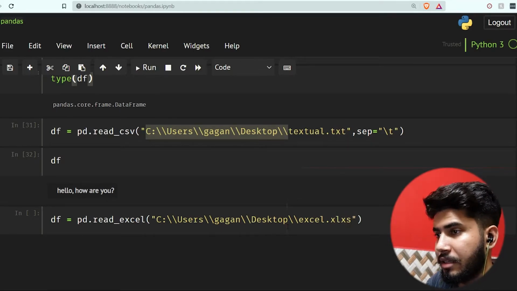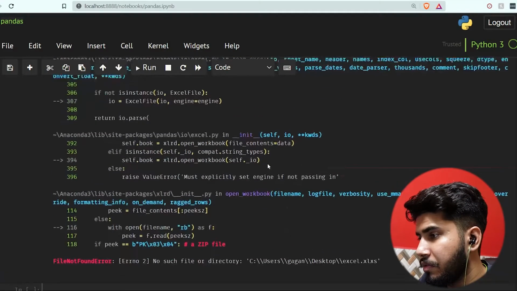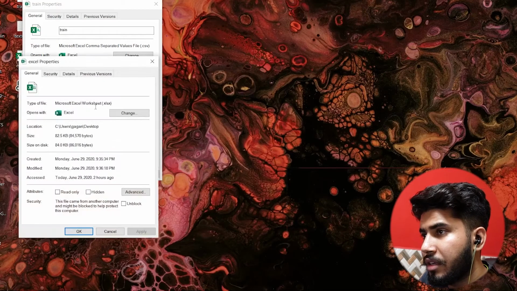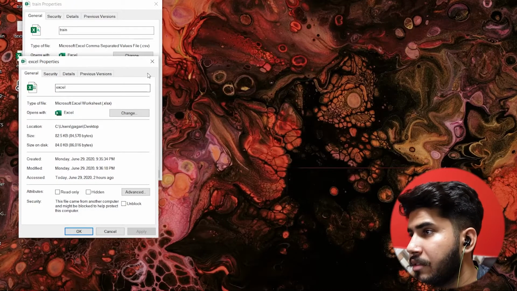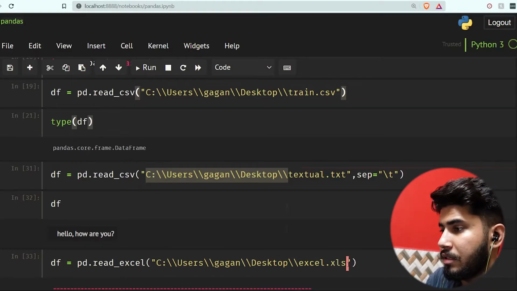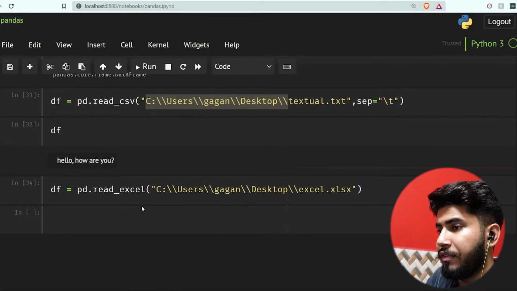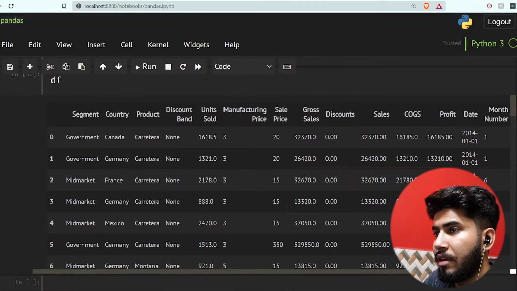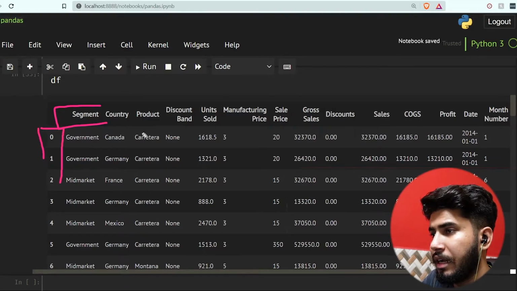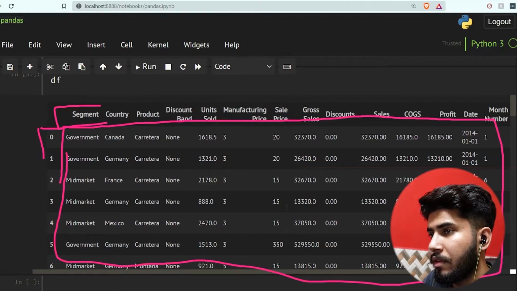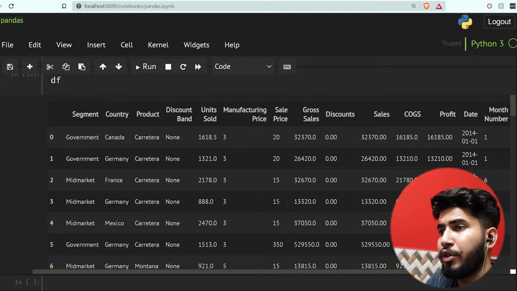I think it is this. Let me just check, xlsx. Okay, it is xlsx. Now if we see the df again, as you can see here, we have our column names, we have our index, and we have our data here. So this is how you read your Excel file.